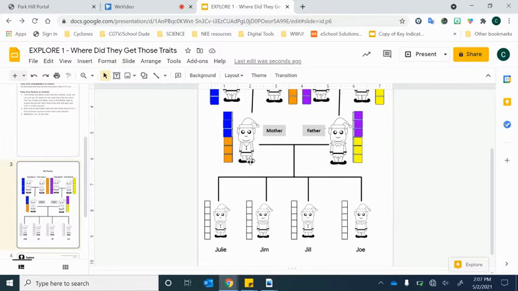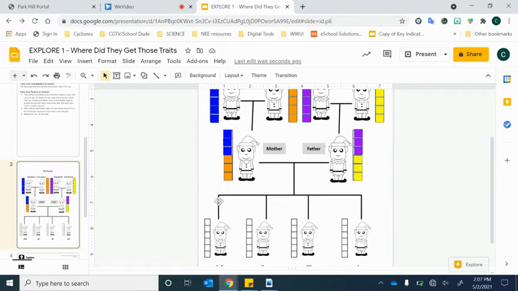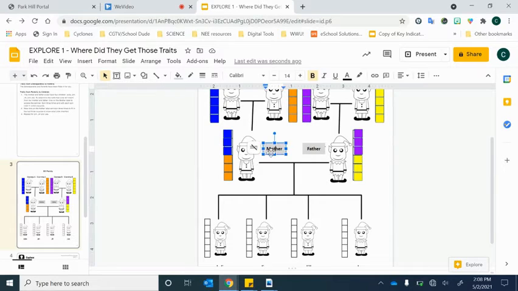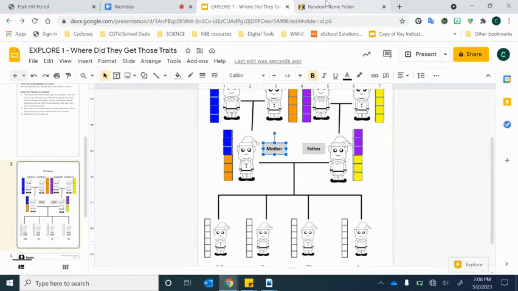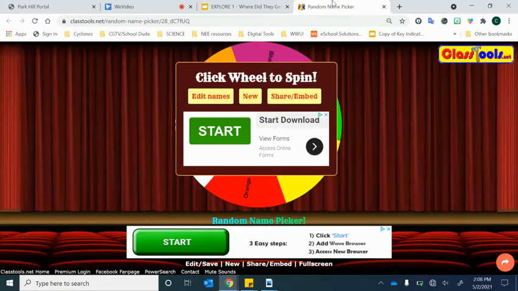So this is where your artistic abilities come in, drawing squares and coloring them correctly. So first of all, you can click on mother, and her link will take you to her colors. So she's only blue and orange. But for the kids, these kids get half of their traits from mom and half from dad. So to pick these colors at random, because that's how it is in real life,